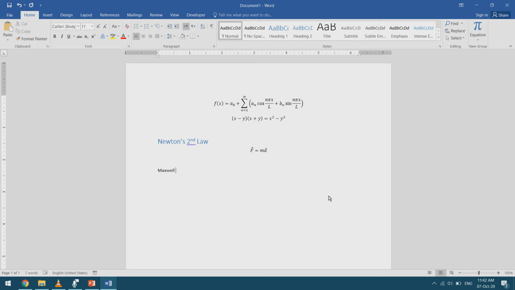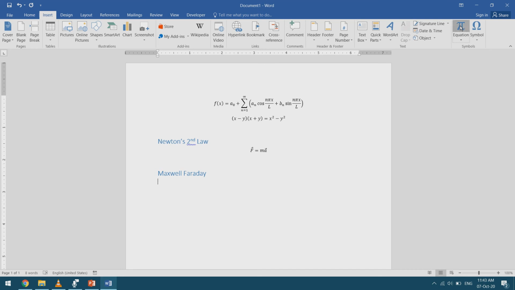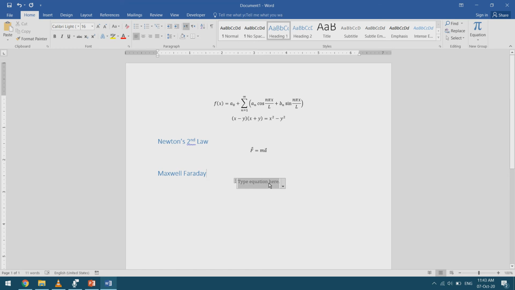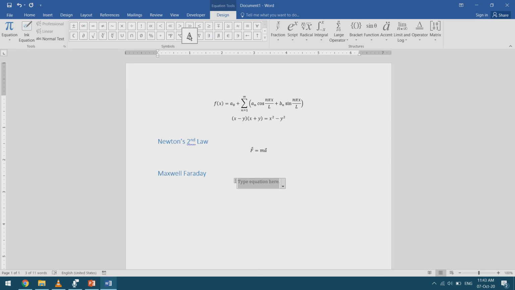Let's try another equation, and this time we'll go again to Insert Equation, and we want this symbol. So here we have the symbols. If you can't find this, when you click on the equation, you'll find it. You have the Equation Tools Design tab, and in it you'll find these symbols. So we want this one, and I want the cross symbol. So instead of typing X, which will look wrong, I'll choose this symbol from here,